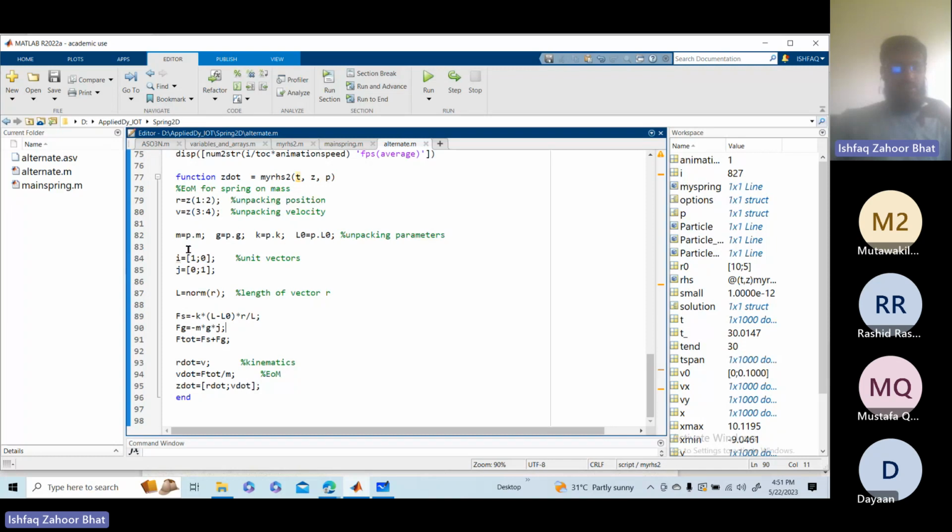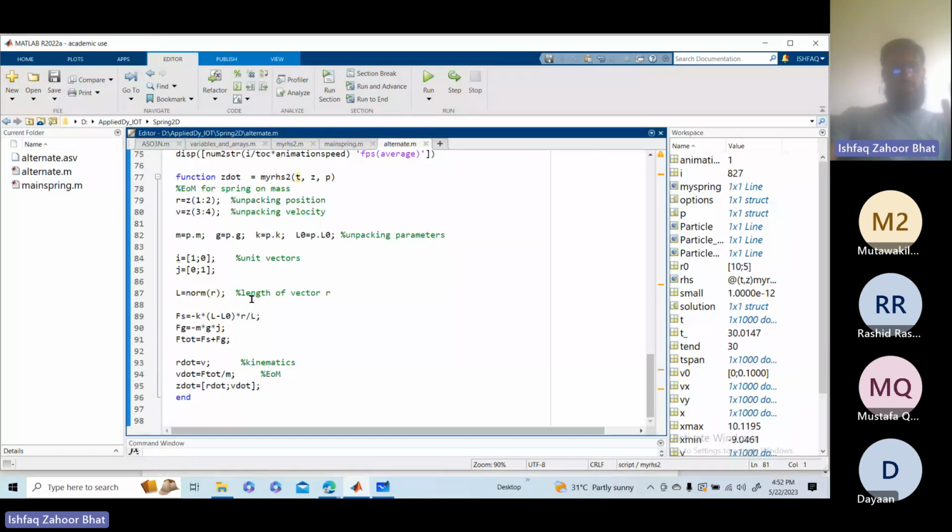See here, mass is nothing but p dot m, g is nothing but p dot g, and k is nothing but p dot k. I could have also used m equal to 1, g equal to 10, k equal to 3, l not equal to, just writing it here, and I could use it. But if I use m equal to this, g equal to this, k equal to this, and l not equal to this directly here,